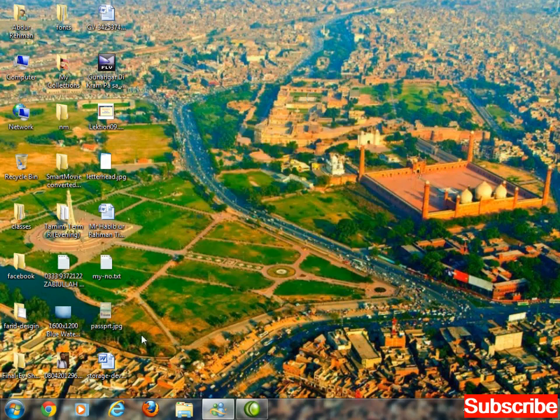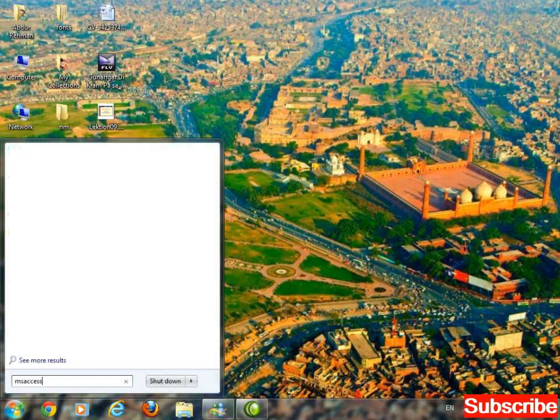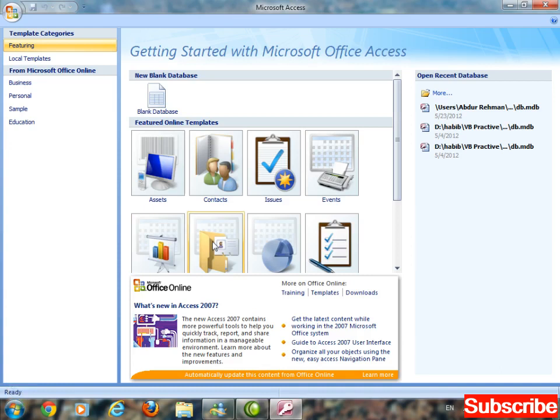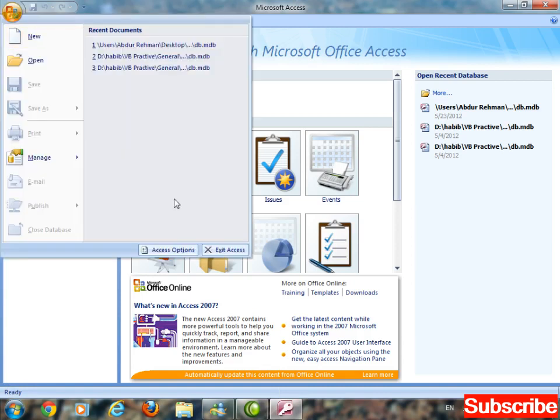So first of all, we are going to create a database in MS Access. If you have installed the Office 2007 version, then first of all go to the Start menu and select Access Options.